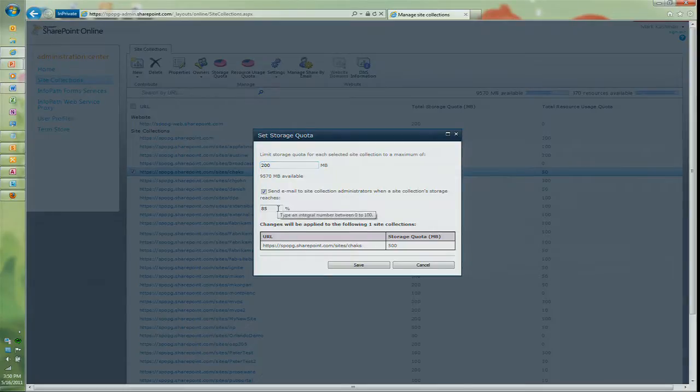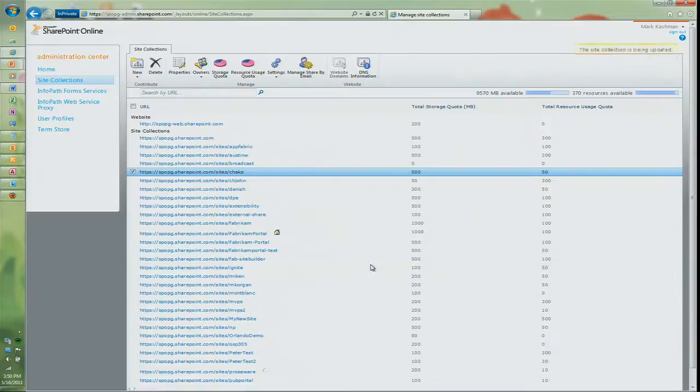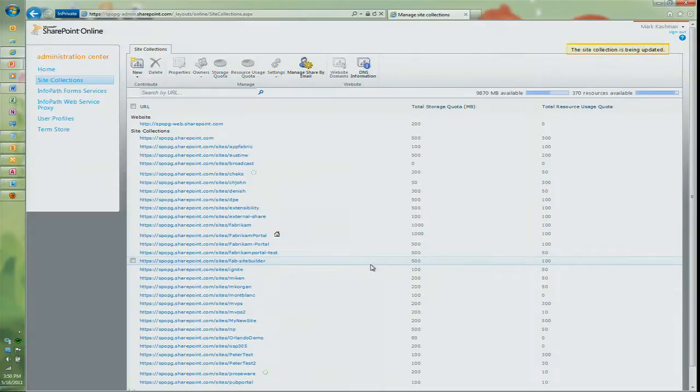And I have right here also a warning limit, so that if this particular site collection gets almost full, I can judge on, do I want it 90% full, 95% full, and I have another setting in here where, since I'm the IT pro or the admin of the environment, it would send me an email that says, hey, this site collection might need a little bit more storage. So we'll be a little less conservative and make them pull their hair out because they realized it a little bit later. So now they've got less storage, and they'll probably fill it up quicker,